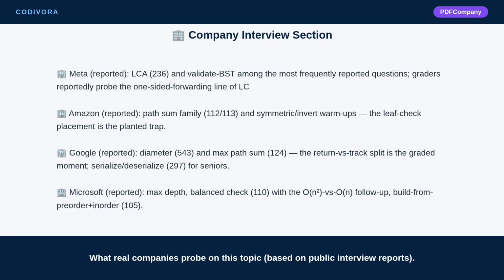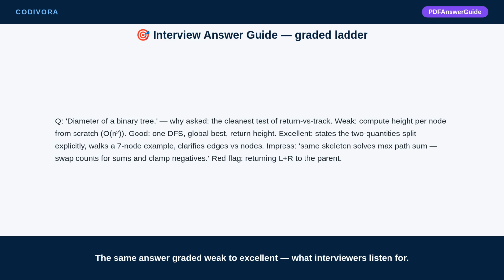Google reported diameter, 543, and max path sum, 124. The return versus track split is the graded moment. Serialize, deserialize, 297 for seniors. Microsoft reported max depth, balance check, 110, with the O(n²) versus O(n) follow-up, build from preorder plus inorder, 105. Here is how the same answer is graded, from weak to excellent,